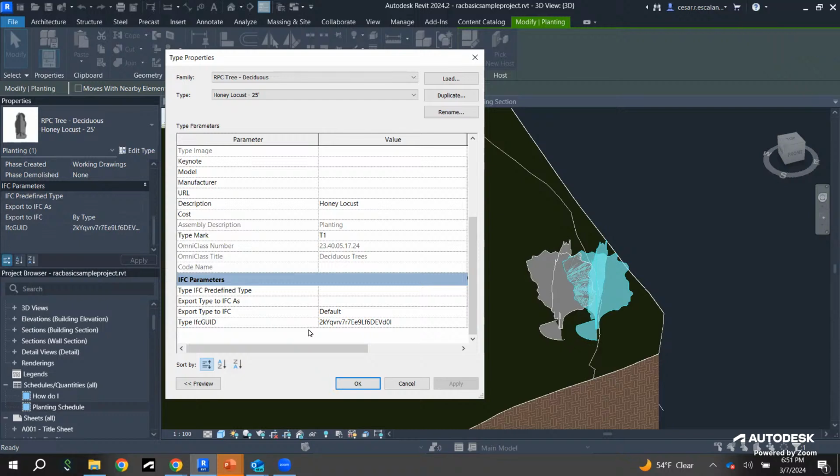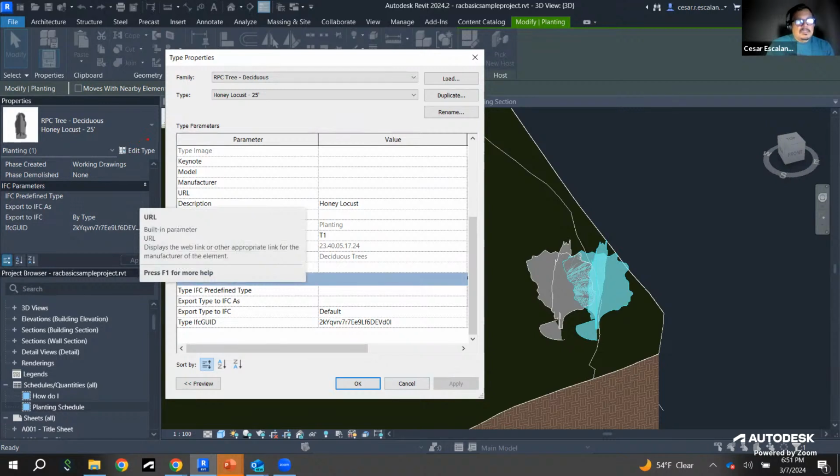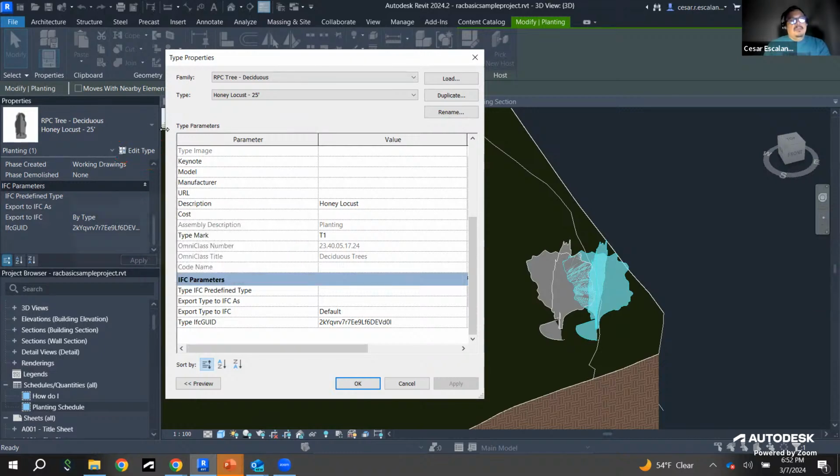How did you get that dialog box to come up? Yeah, this is the edit properties. You select the tree first, and then go to edit type. And these are the type parameters, or type properties. Type properties are properties that are common to all the elements of the same type. So every honey locust 25 feet